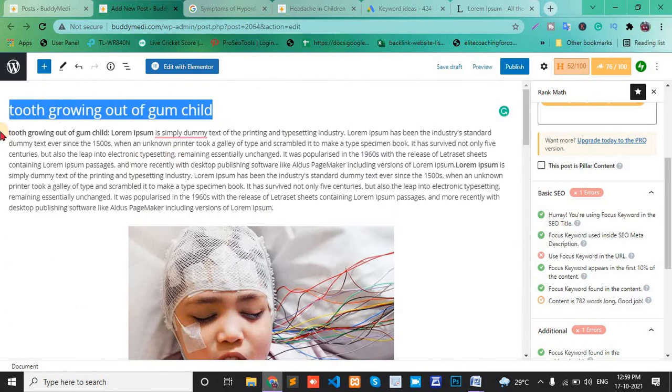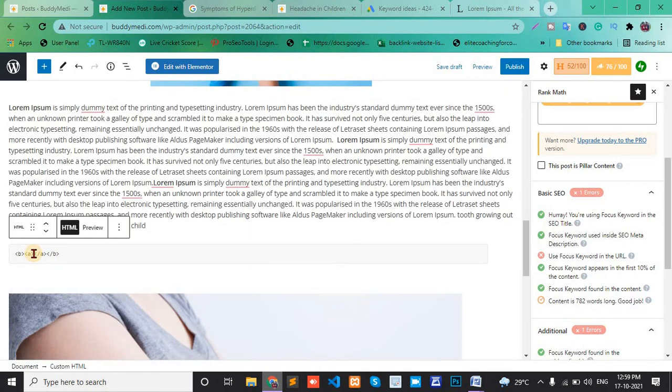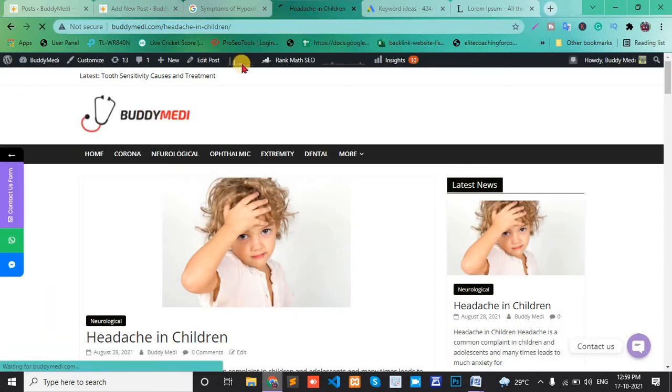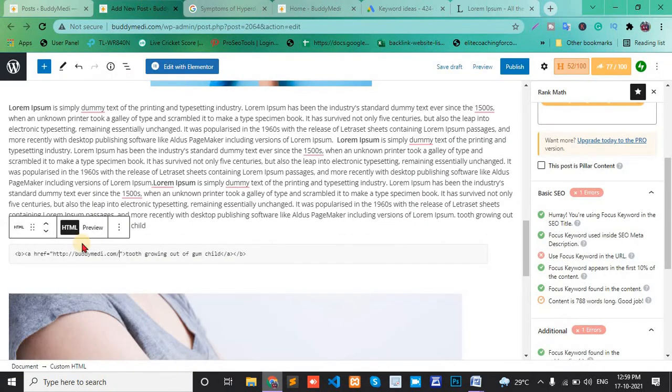Here write this keyword, href, copy this URL and paste here, and write inline CSS here.